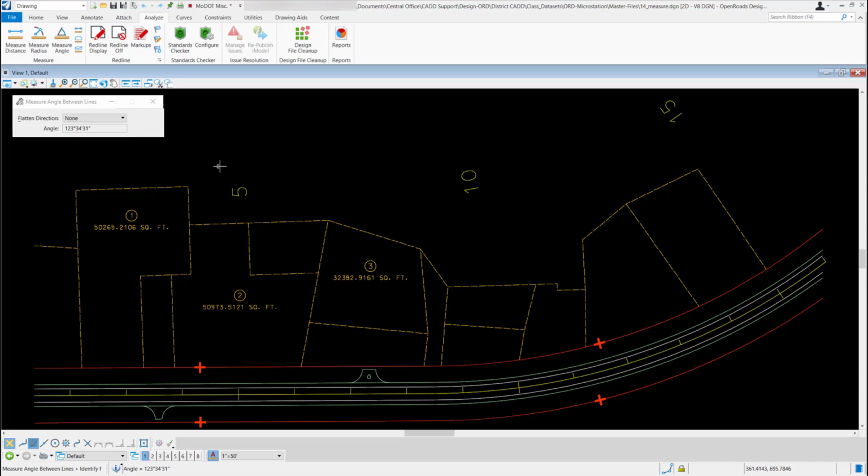So if I wanted to come out and measure an angle of two lines that don't actually intersect physically on the drawing, I can do that. I'll just left click on the first line. I'm going to use this line segment right here. Then I'm going to use this line right here. So I'll left click and select it. Then in the blank area, I'm going to left click one more time, and it's going to give me that